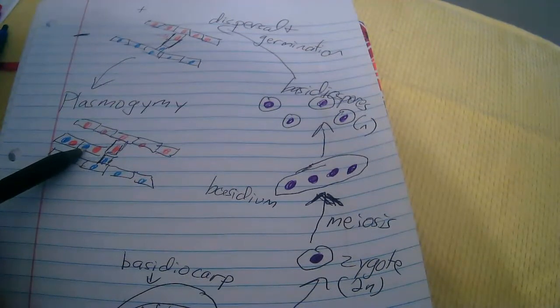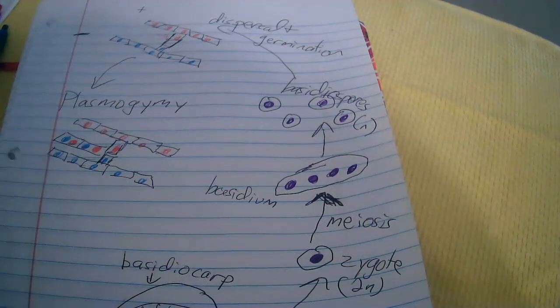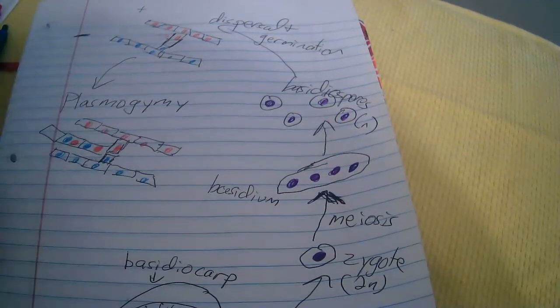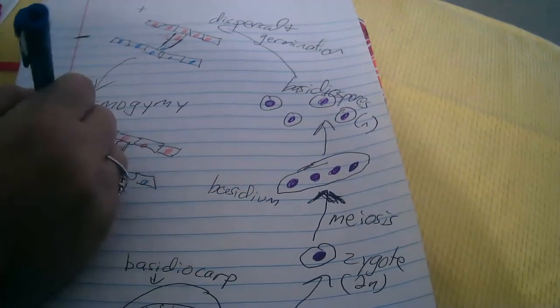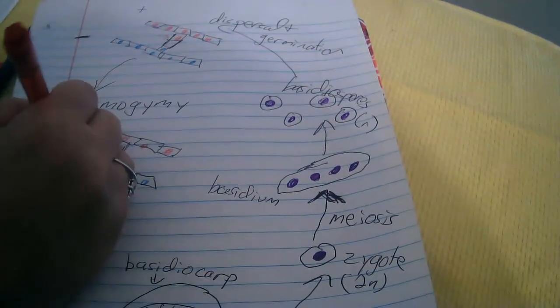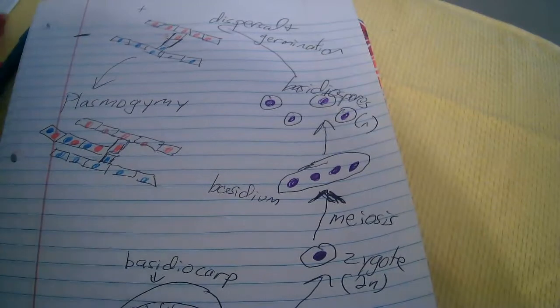Okay, so these are individual cells with 2 nuclei, 2 haploid nuclei that have not fused. So I'm just going to continue on with this and make one more cell with the negative nucleus and a positive nucleus, and then we will talk about the next step of the life cycle,